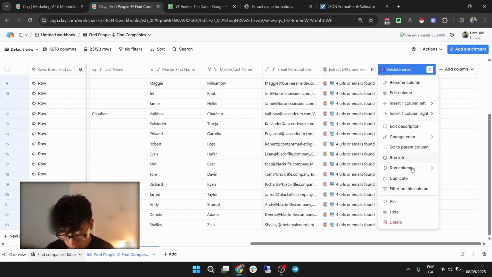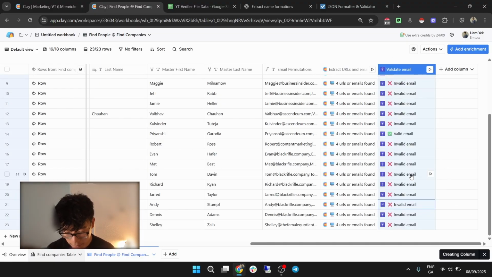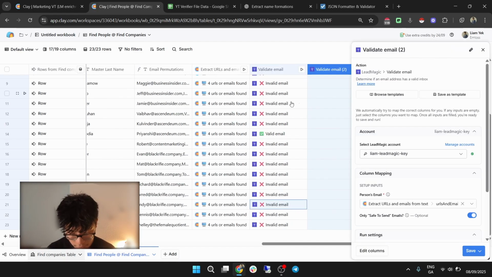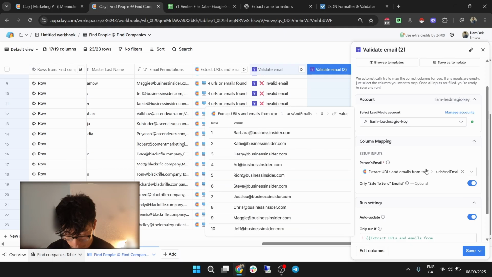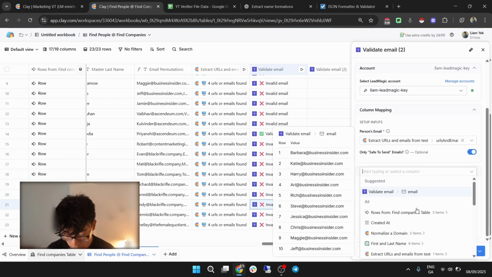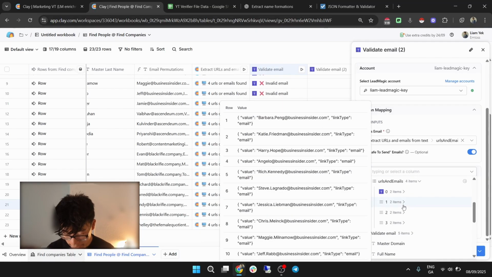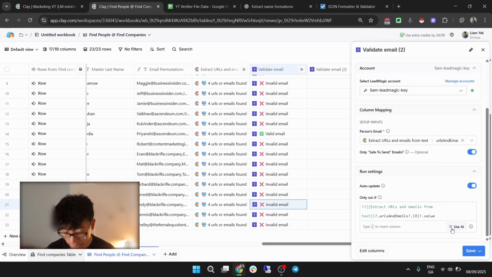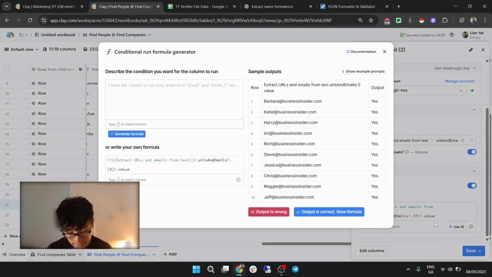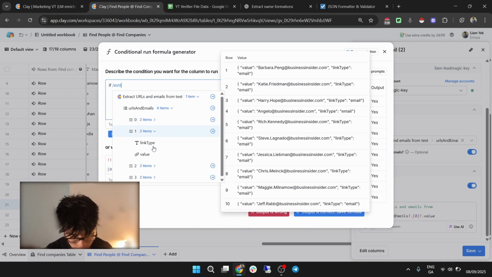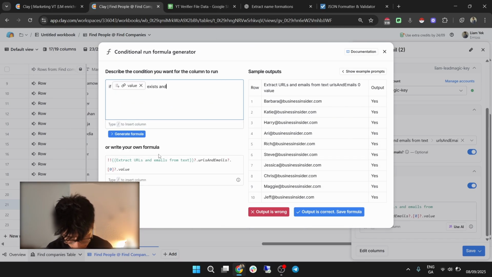So what we're going to do is we're going to duplicate this. It's going to pull this exact same setup again. And then what we're going to do is we're going to change this. All you have to do is change this simple one here. Come drop down and then add the second value. And then what you need to do is change it so if extract URL, this here, exists, and